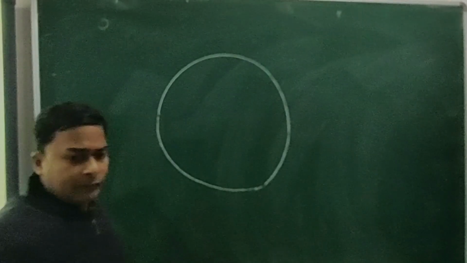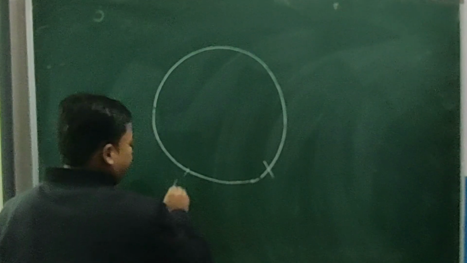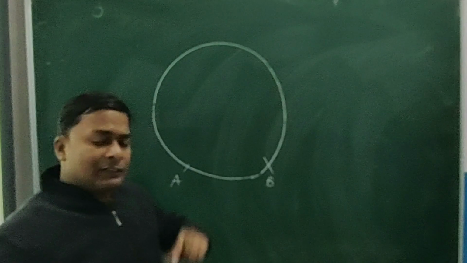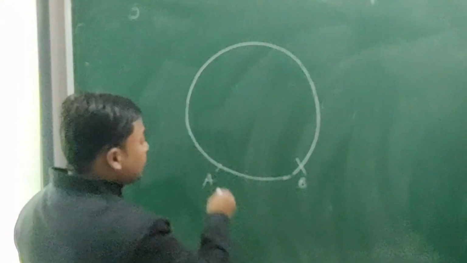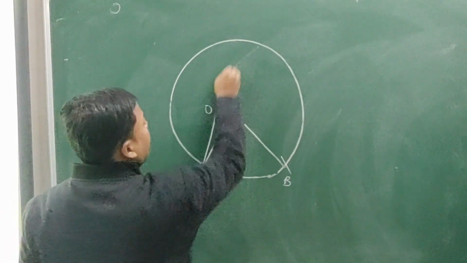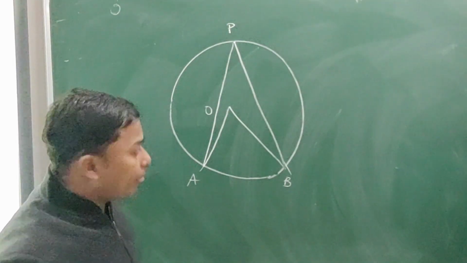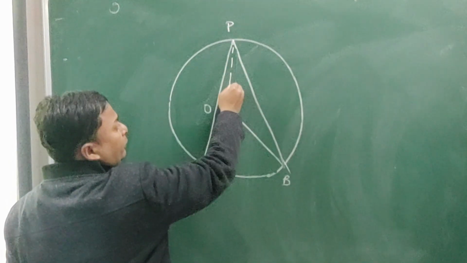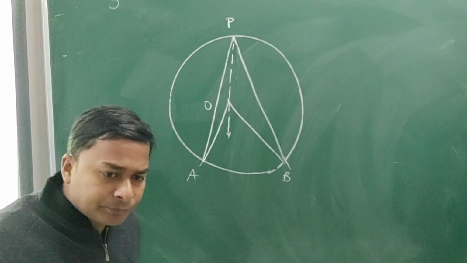With another rough word. This is a circle. There is an arc AB. So, if the angle relation is to be found on the circle, this is called angle subtended by an arc. Angle subtended by an arc at the center, this one, at the center on the circle, this one. I hope it's clear. So there is a construction that we will join P, O and extend up to certain point. I hope it's clear.